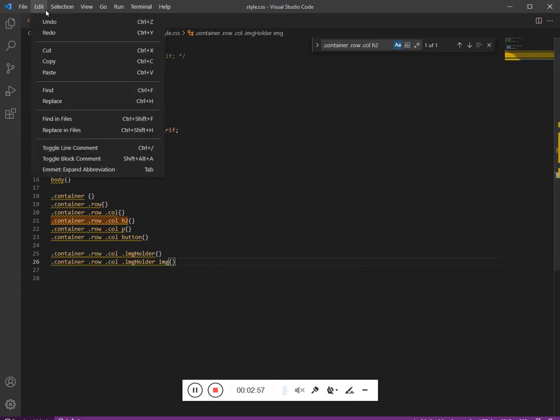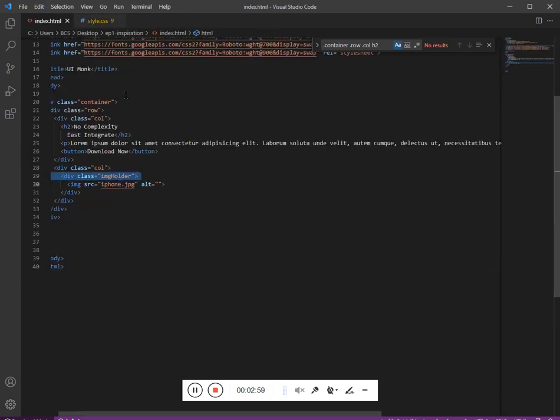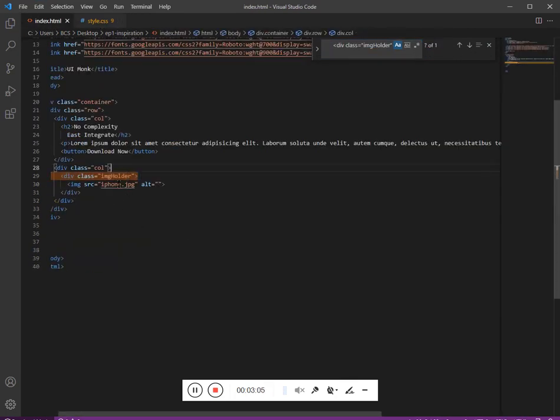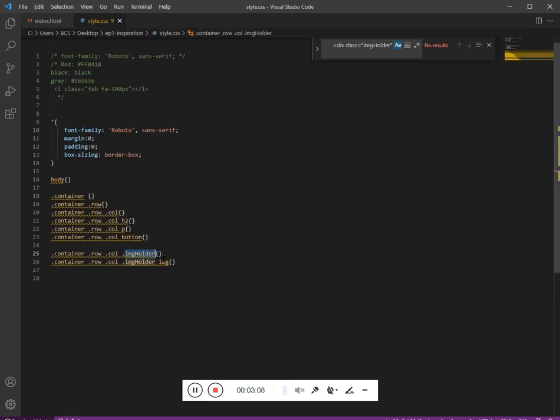Now let's check the image holder spelling. Copy it properly.